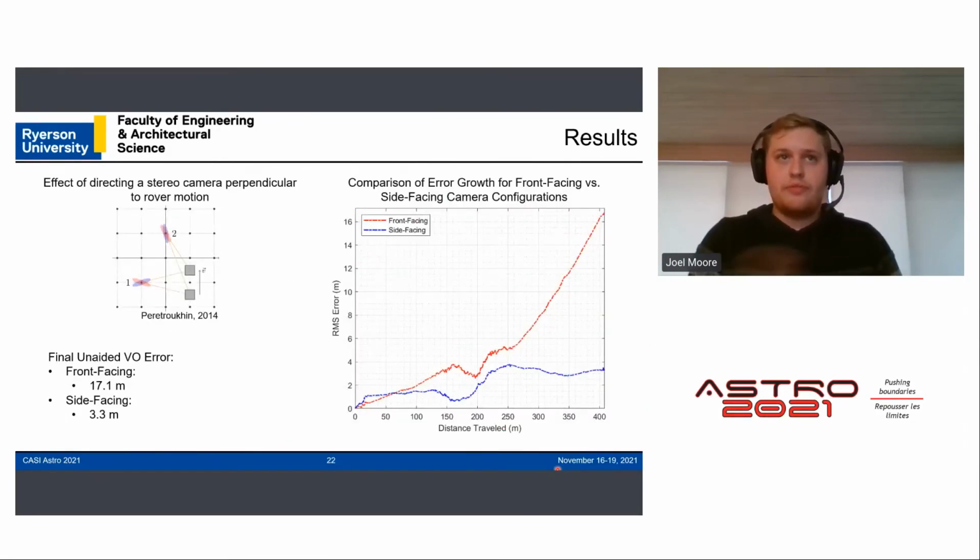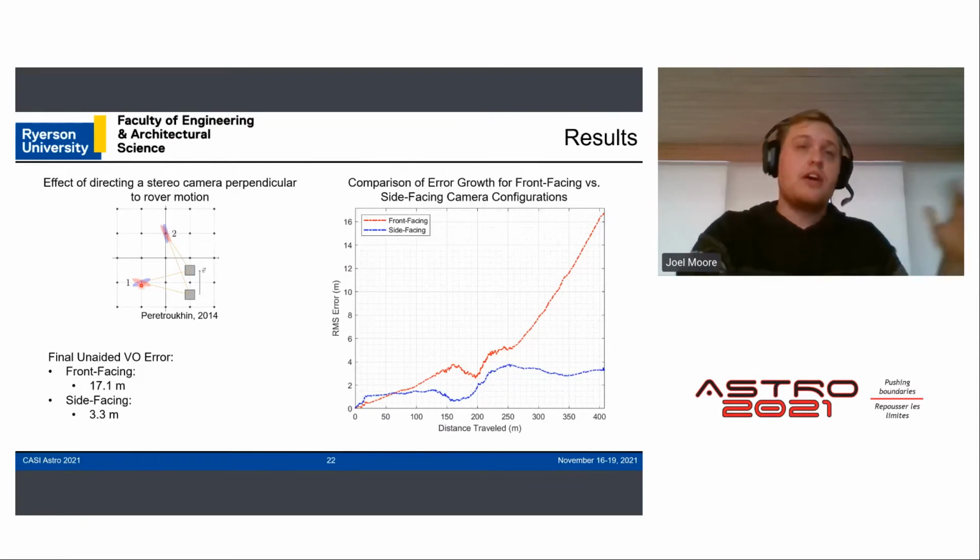Lastly, the other simulation that we ran was to examine the effect of front-facing versus side-facing camera, so changing the camera configuration. So this figure here shows the 2 time steps where the black dots are landmark positions. And the landmarks can be better localized because their positional uncertainty is reduced. You can see the positional uncertainty between side-facing and forward-facing